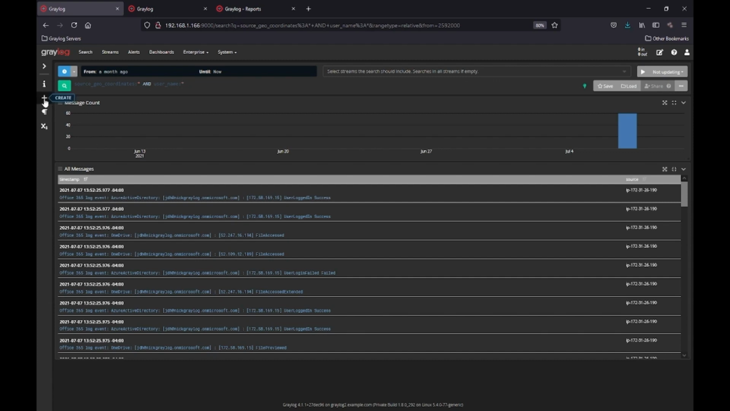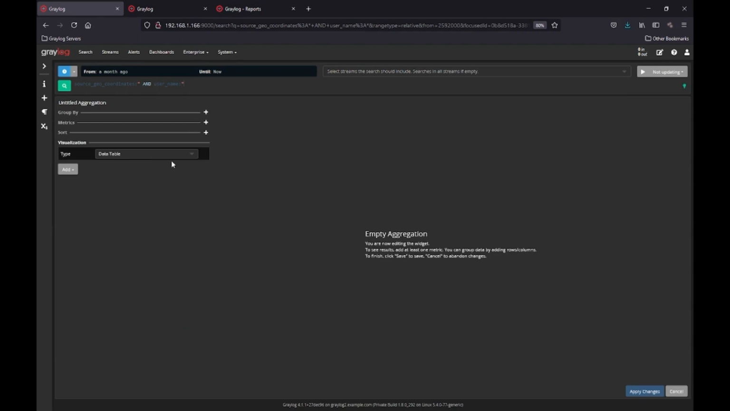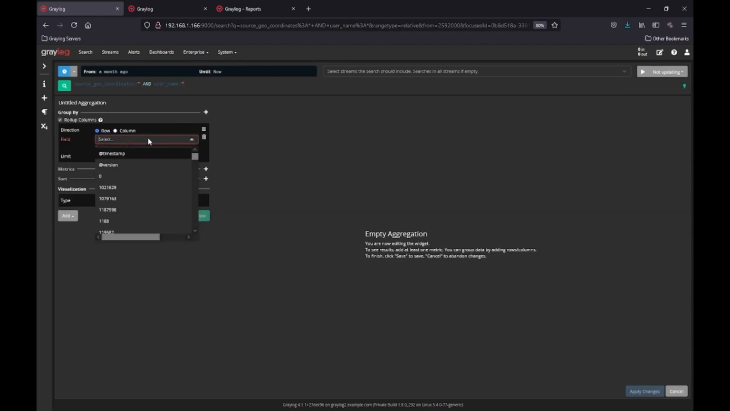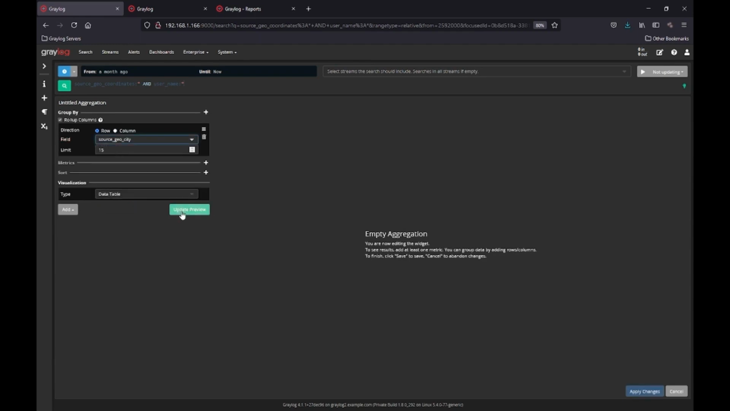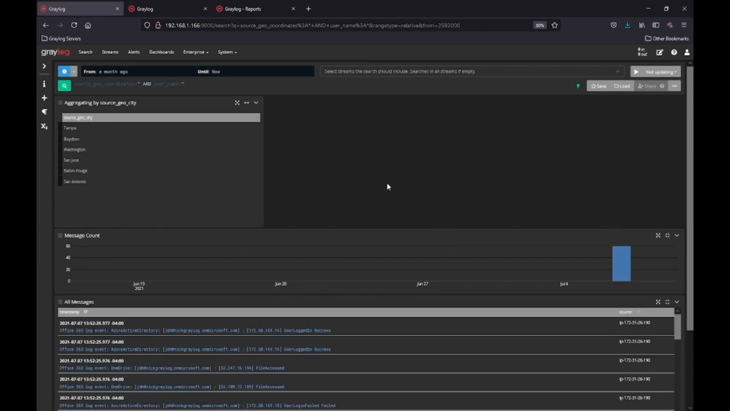So just to move this ahead, I'm going to click on an aggregation, and I'm going to add a field in this aggregation. I'm going to group by source GeoCity, and this is going to give you the text name of the cities that the data has been mapped to. I'm going to apply that, and what I'm going to do is I'm going to duplicate this